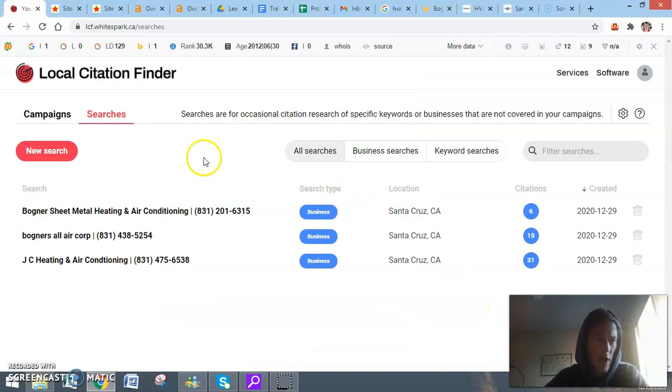And so I have this cool tool over here. It's called Whitespark, and Whitespark allows us to see your citation score. So I plugged in Bogner's All Air, and it shows us that you have 15 citations. And if we click on this,